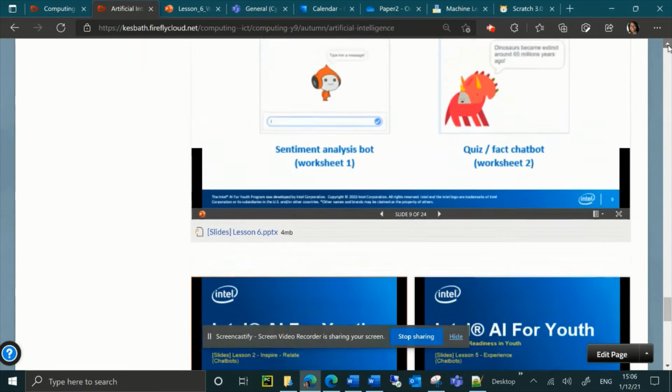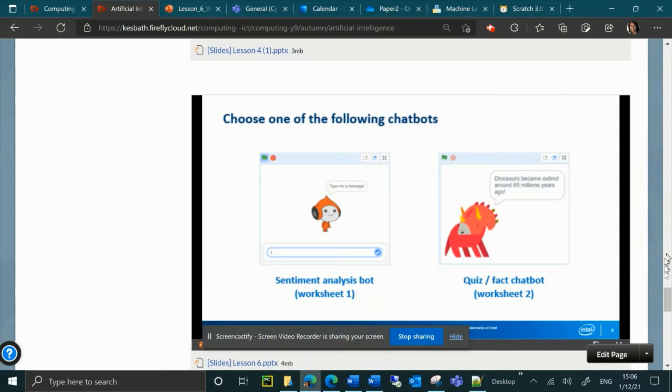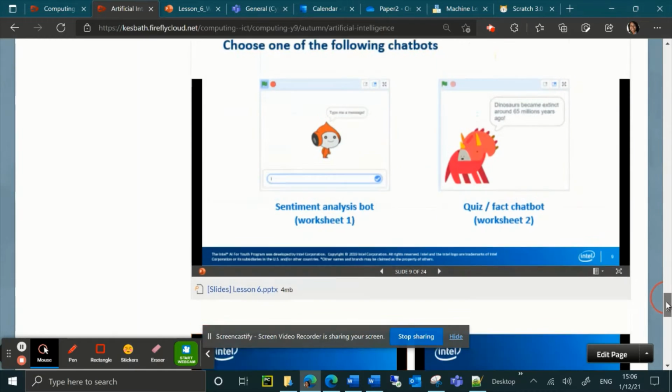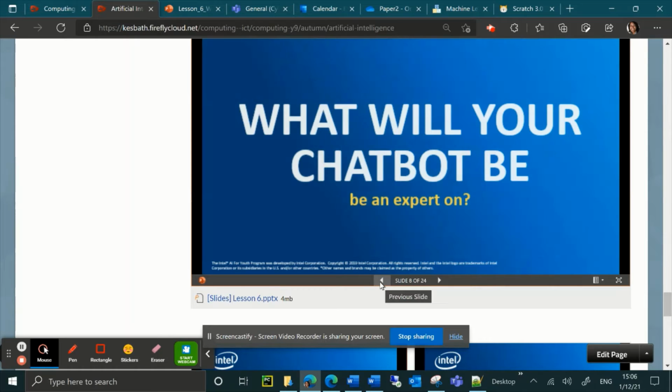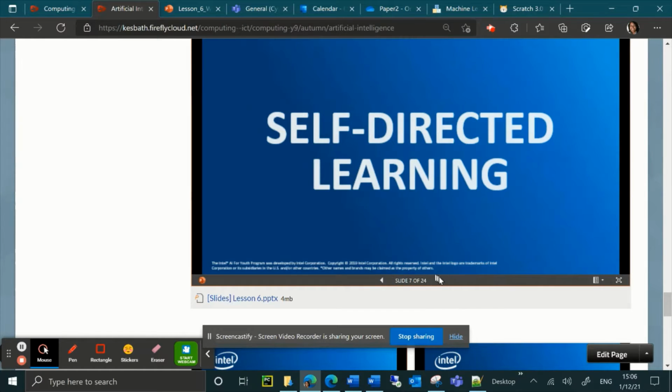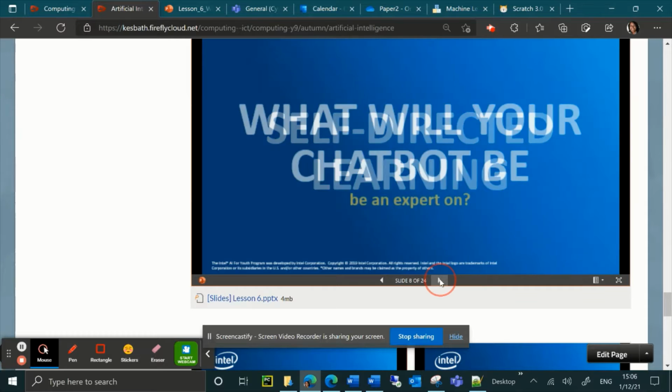To lesson 6, which is down here, and you're going to be building your own AI chatbot in Scratch. Okay, so on the slide, I'll let you look through this on your own time. On slide